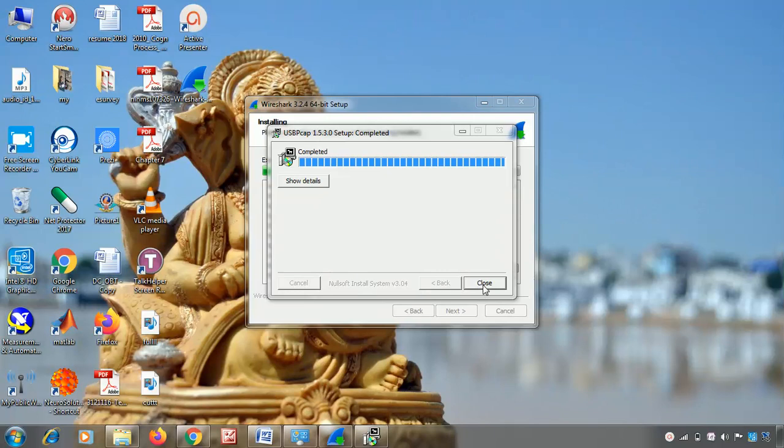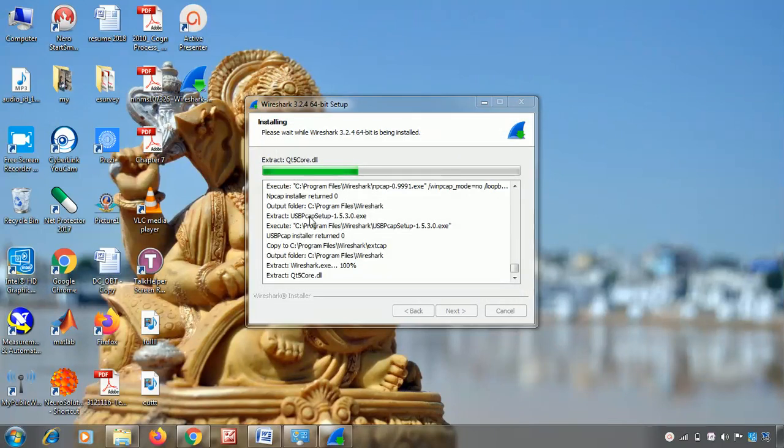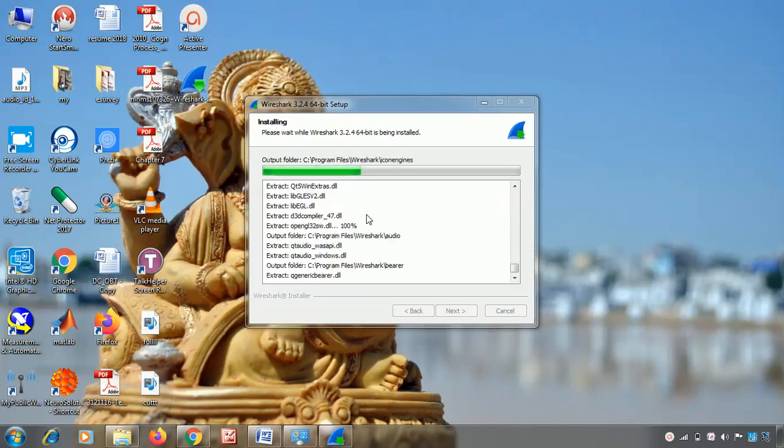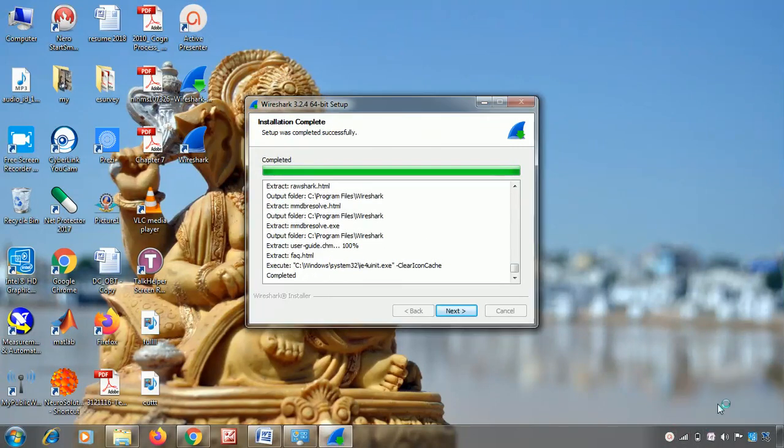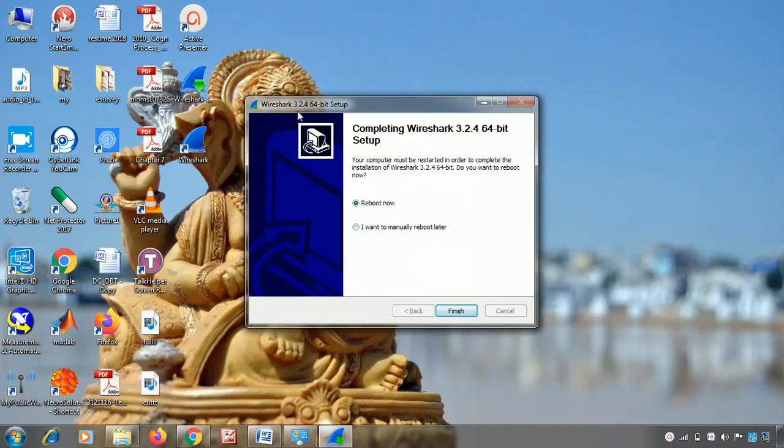So once it is done, you can close this, and in the background our Wireshark is getting installed. Once this is installed, you select next.